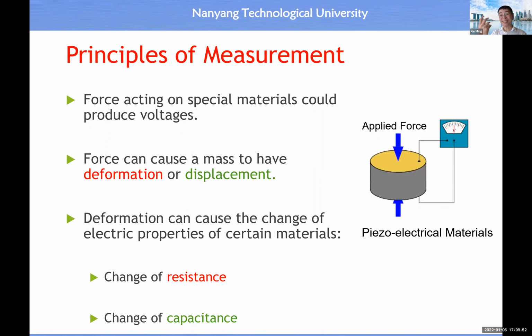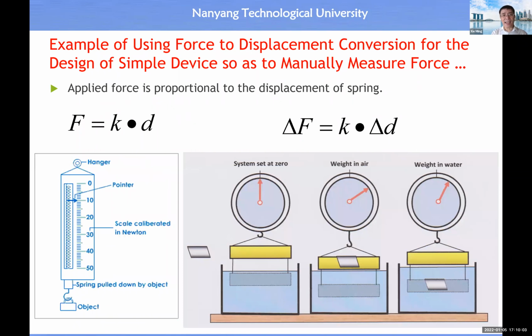Deformation causes the change of resistance, right? So these are the popular principles for us to follow, right? And then, before we look at the automatic way of undertaking measurement and sensing of a force,